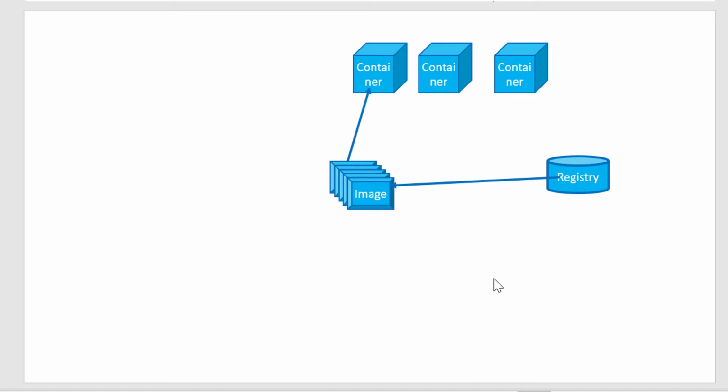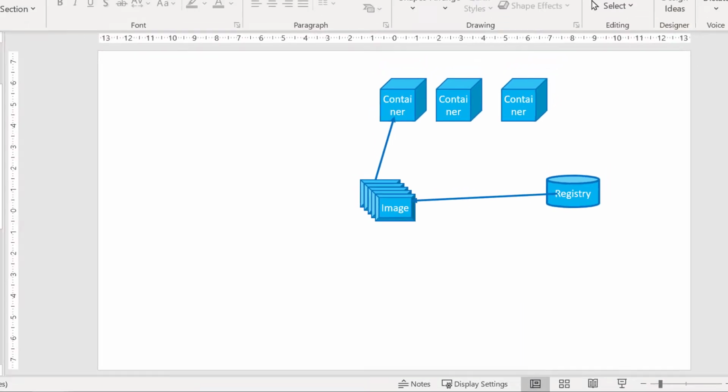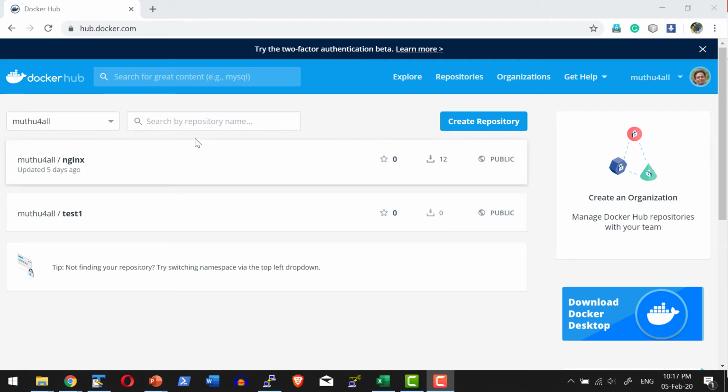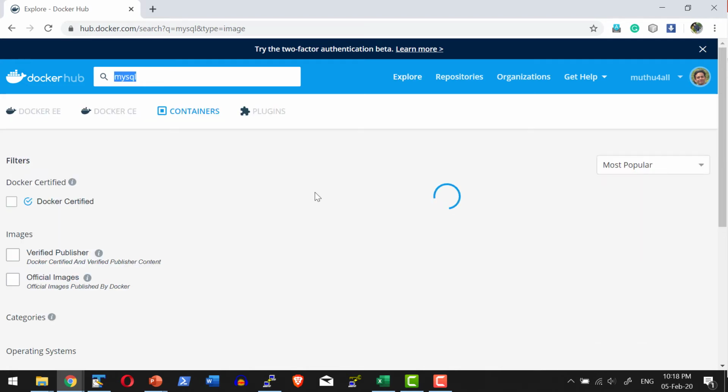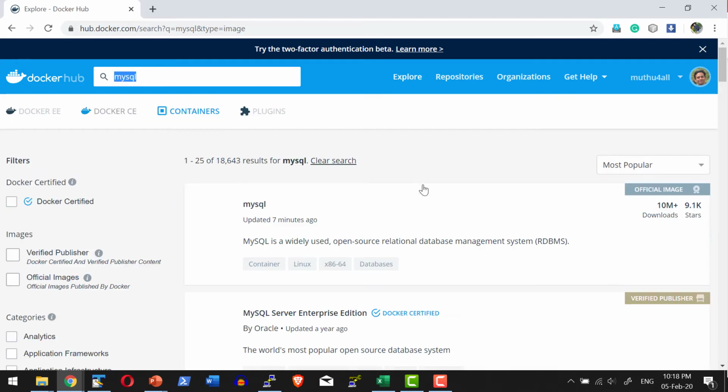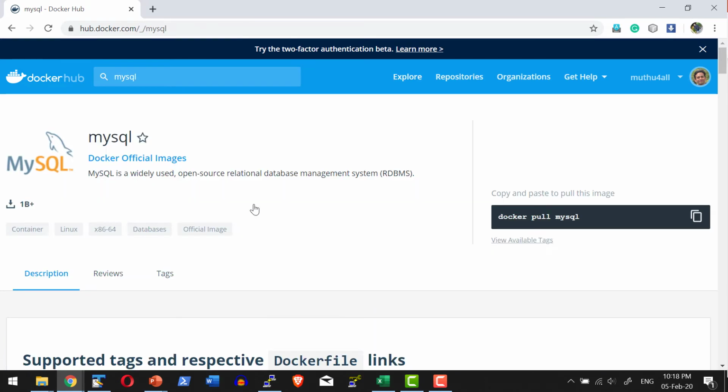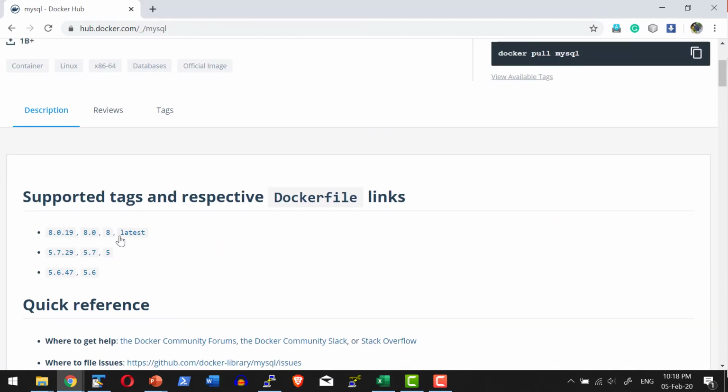Say for example, I may have MySQL, and MySQL may have n number of images. Simple example, hub.docker.com is a public registry. Like that I can have a private registry as well. Within that, if I search for MySQL, I may have different repositories for MySQL. Of that, one is going to be the official MySQL repository. Within the MySQL repository, I may have different tags. Depending on the version I wanted, I can go for that specific tag and I can get it from this